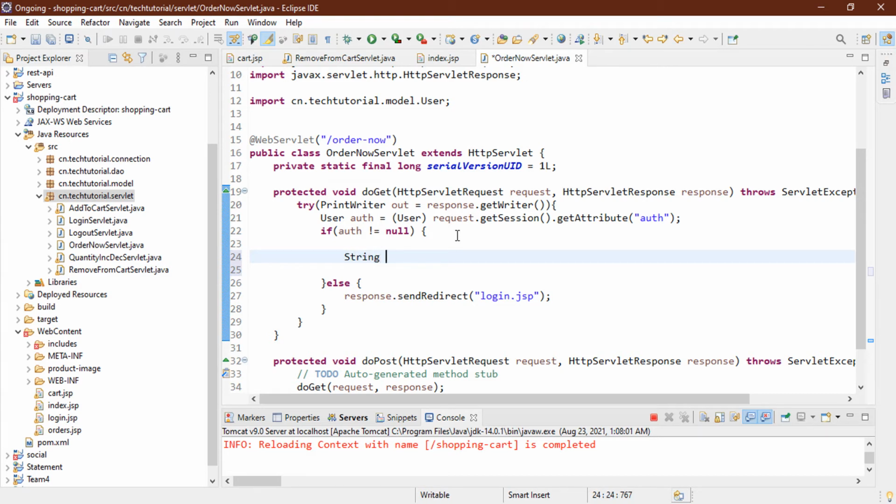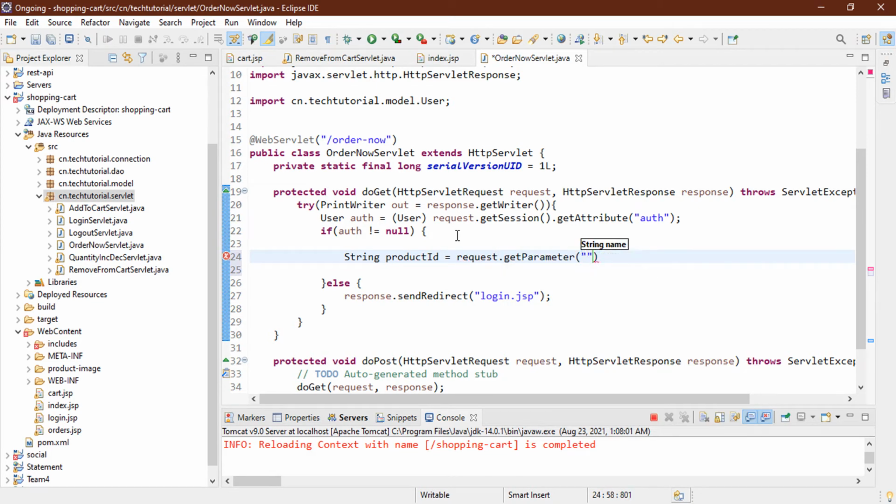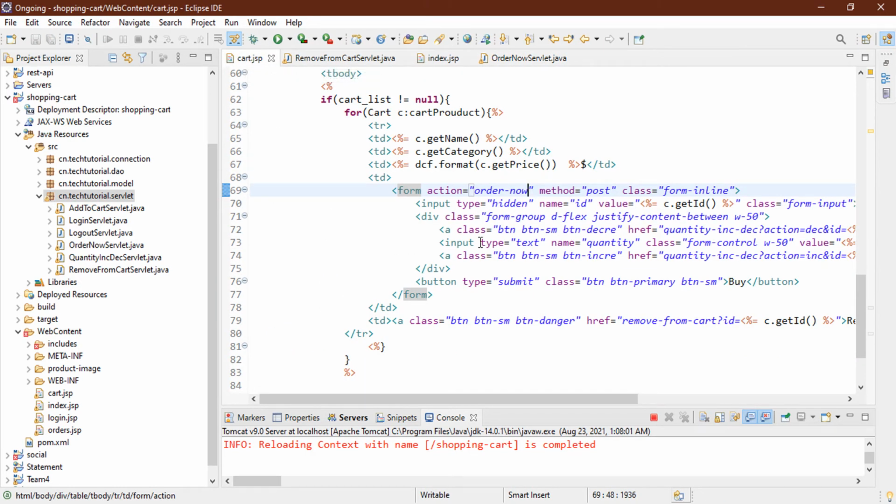String product ID is equal to request.getParameter, and we have to check what name we have put in our input field. So here you can see we put it as id, and for the quantity we put it as the quantity name property.